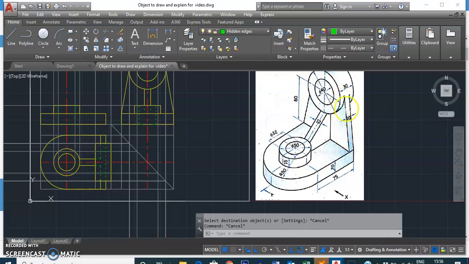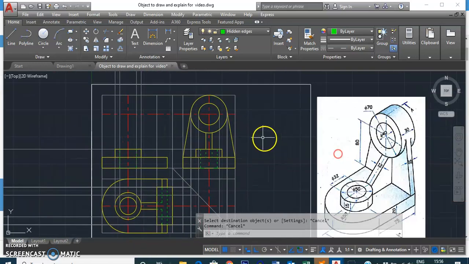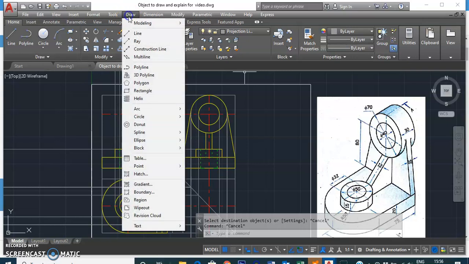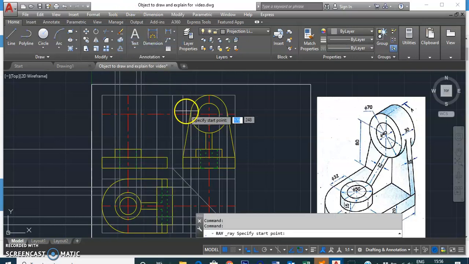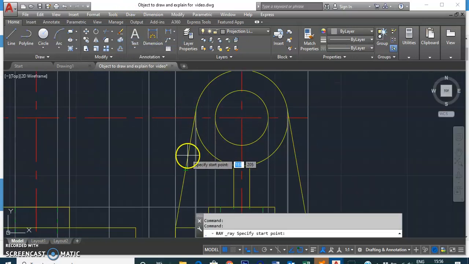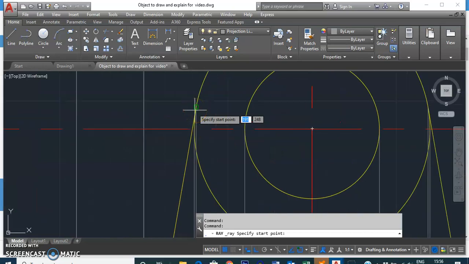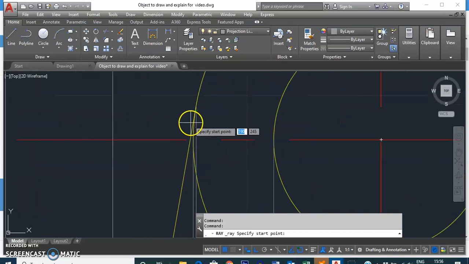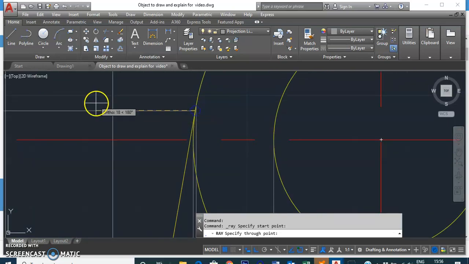The height is not given over here, it is merging smoothly into the cylinder, but we can project the height of this rib section from the side view, since we have drawn its side view already. So let's convert to the projection layer and draw the ray command. We know that these two inclined lines merging smoothly as a tangent into the cylindrical section represent that particular rib part, and we'll take the height of that over here.